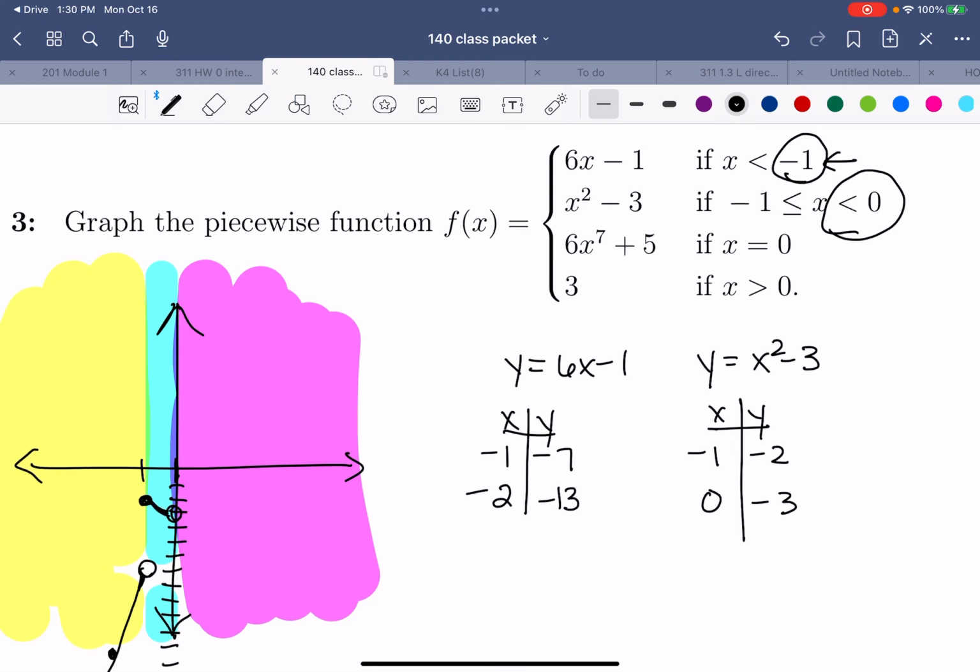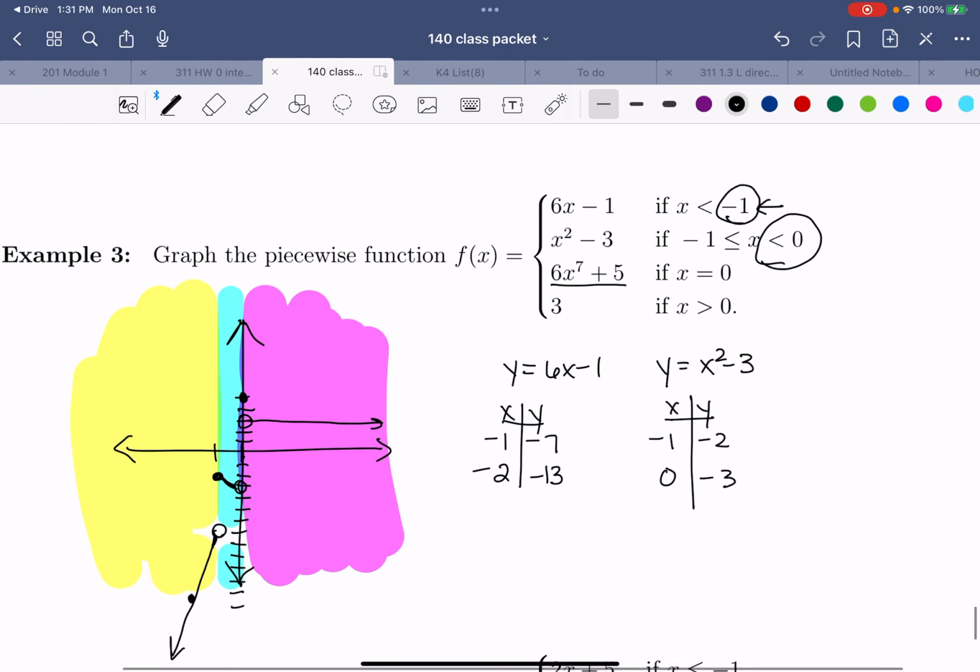I'm just going to connect those up as a little parabola. Then at the point for 0, if you plug 0 into the 6x to the 7th plus 5, we get 5. So 0, 5 is my point. And then for things larger, I always get 3. So at 0, I'm going to put an open circle at 3, and it's going to stay at 3 the entire time. So that is my graph, and it looks a little bit interesting,